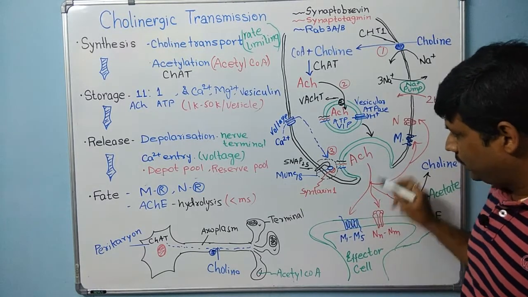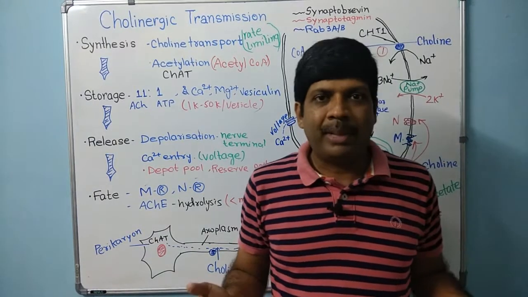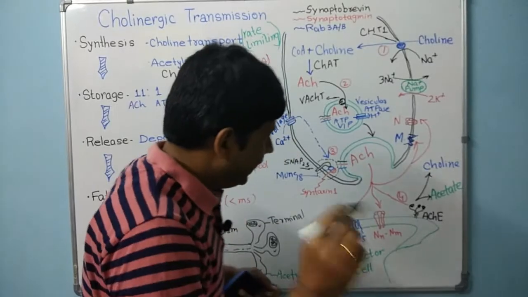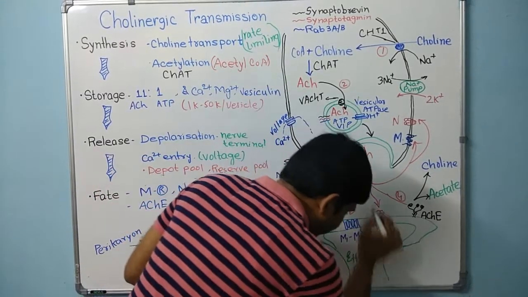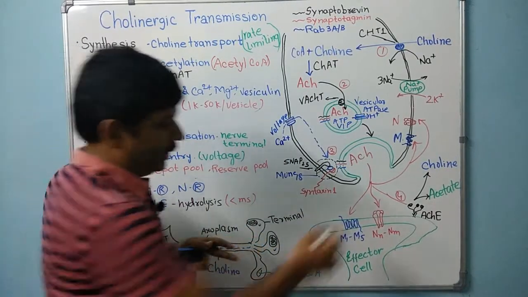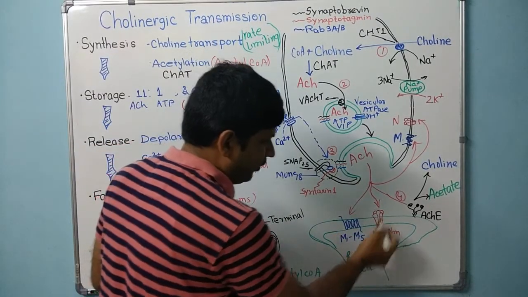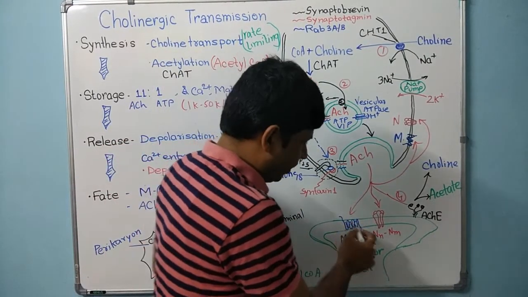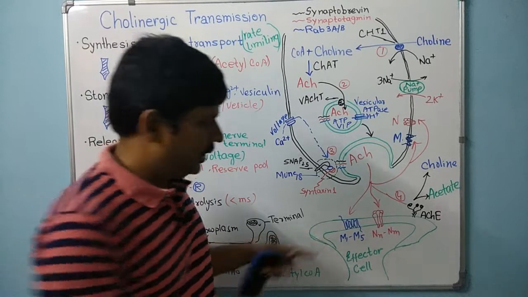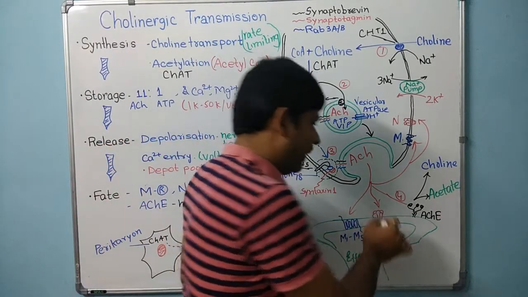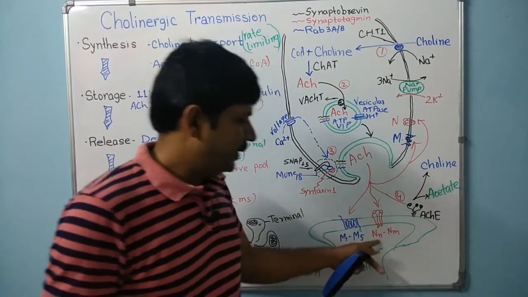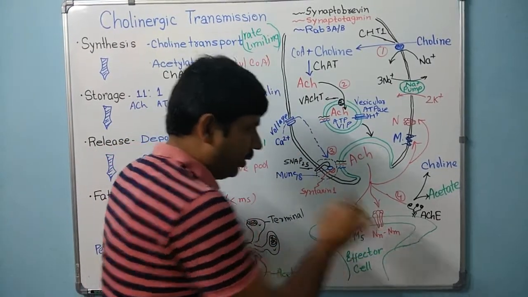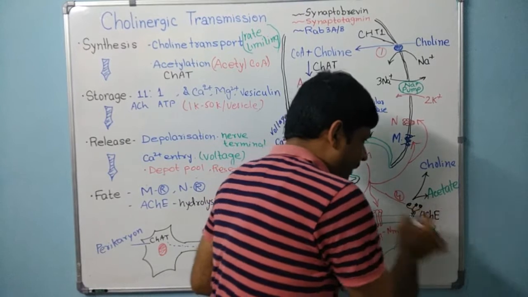Now acetylcholine is released. Now after release, what happens? Now we will discuss the fate of acetylcholine. Either this acetylcholine will go and bind to the receptors. It can be muscarinic receptor M1 to M5 or nicotinic receptor NN to NM. Because it is a GPCR type of receptor, that's why it has the helical structure, or this is the ligand gated type of receptor, that's why it is drawn like this. So it will go and bind here,